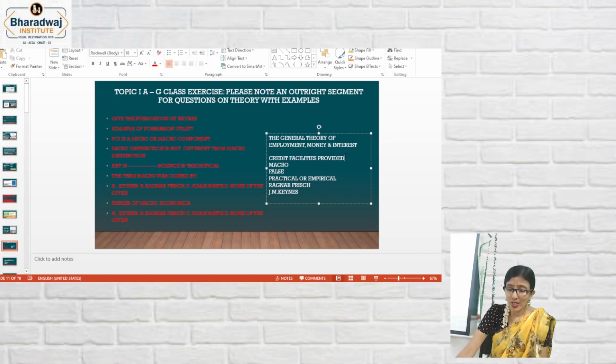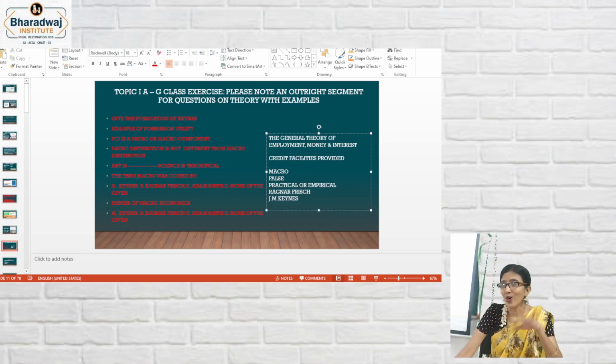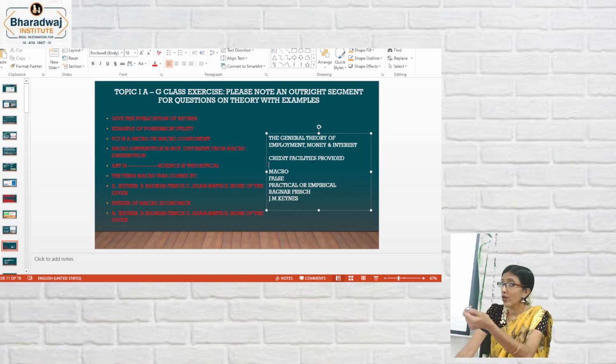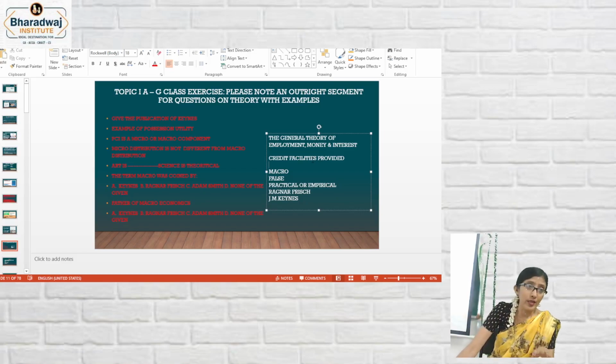Example of possession utility. What is possession utility? To enable the consumer to possess the commodity. All those facilities. So one example is credit facilities. You can buy on credit. It need not be discounts, some offers. All this is enabling the consumer to buy. You can buy on card, then cash on delivery. Whatever the consumer requires as a support to possess or buy the commodity.